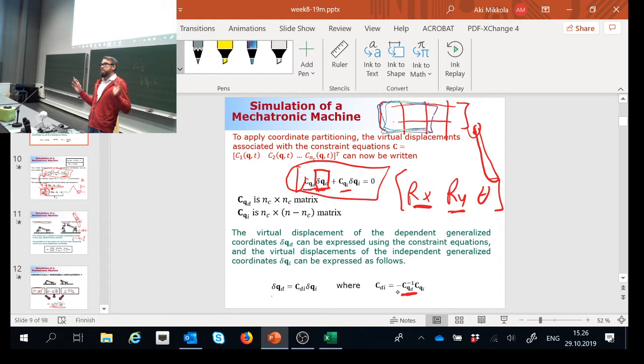Column pivoting is something you don't need to know in detail, but if you wanted to Google it and learn the details, it's Gaussian elimination with column pivoting. What is that? It takes your Jacobian matrix and starts reorganizing its columns such that what becomes the left-hand side of the Jacobian matrix will be invertible. What is left is the independent ones, and it gives you the ID numbers,